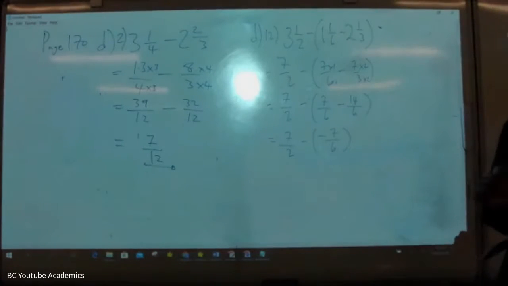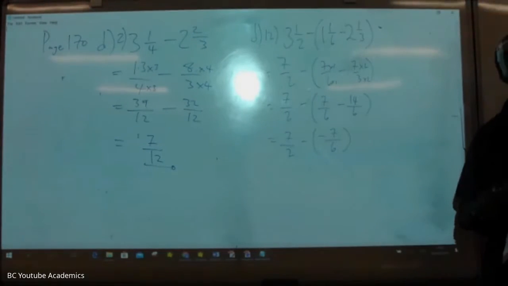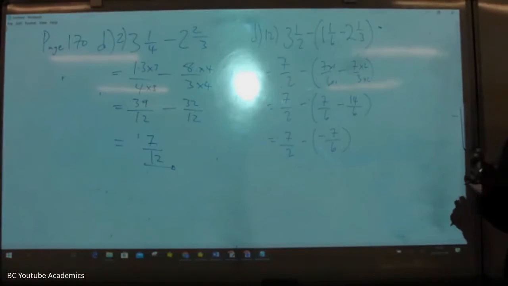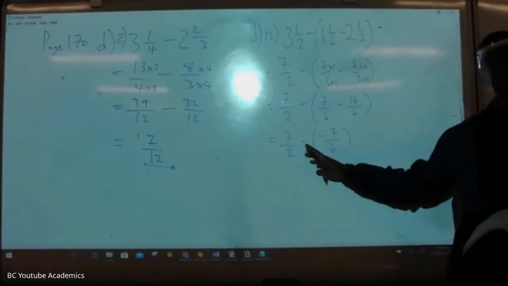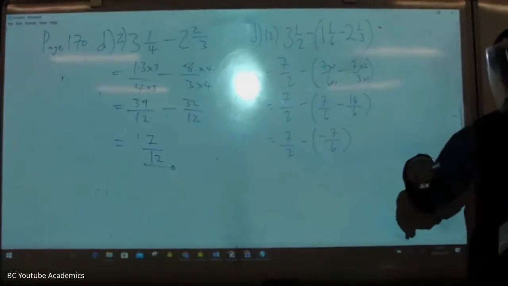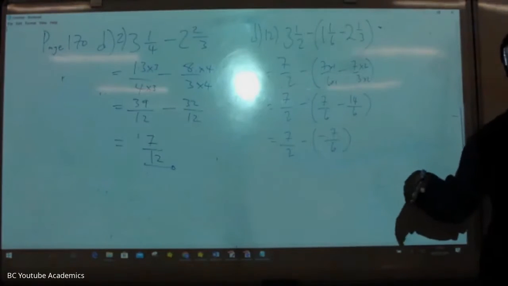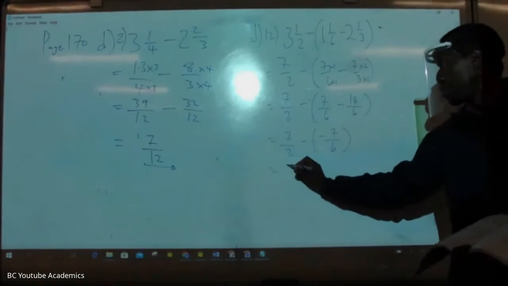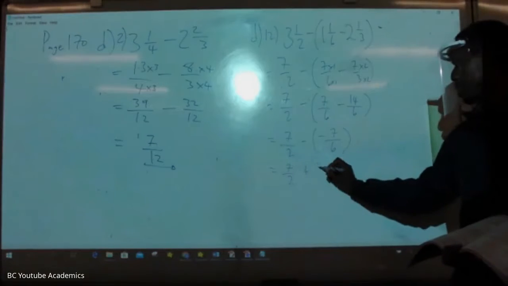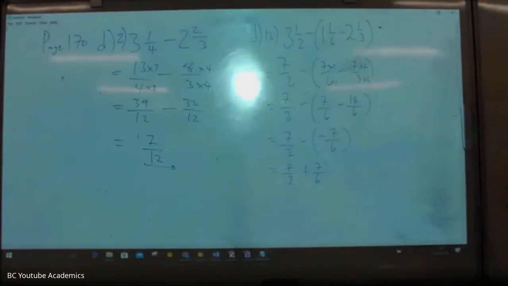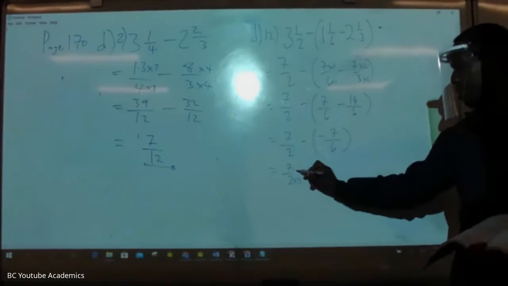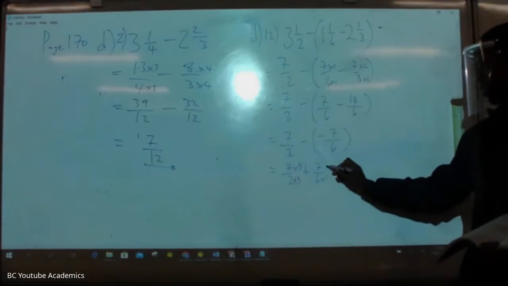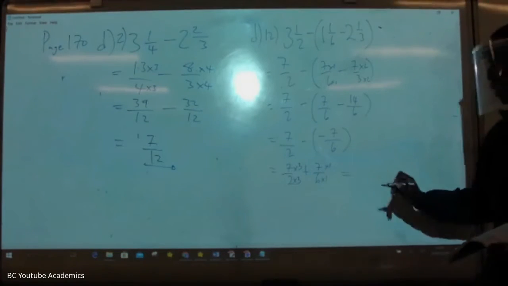Right, next step. We have addition because of the two negatives. Remember, there's a negative that is outside the bracket, and a negative next to a negative gives you a positive. So therefore, it's now 7 over 2 plus 7 over 6. And then our common denominator is 6, so we multiply that by 3, and this is times 1, times 1. So our final answer is